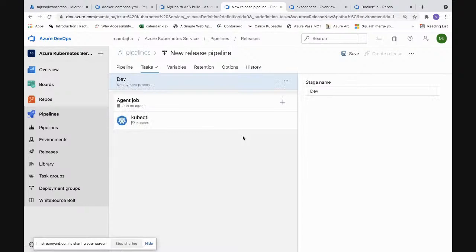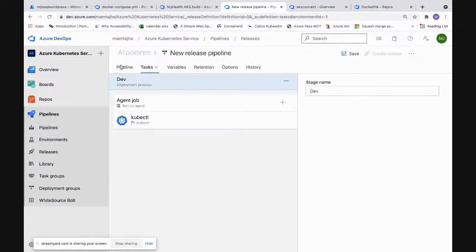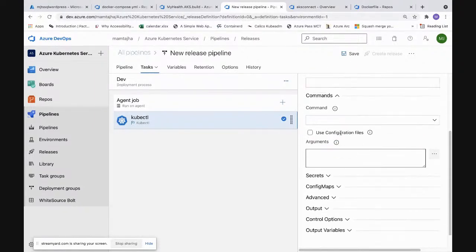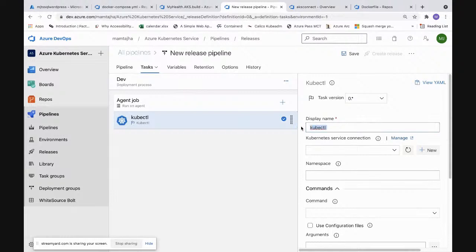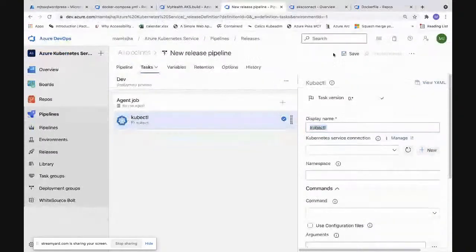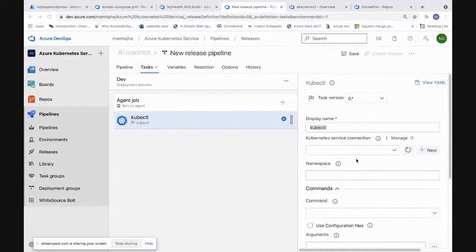Now coming to this section. So I was in the pipeline. The next tab is task. Either you can go from here or you can go from here. In this task, you can see I can edit and update a lot of stuff. Like I'm saying a name for it. I can have a name for my task. I can say my deployment task. I can have that name for it. And I can also go ahead and provide my connection name. So connection name would come into picture when we are actually using our Azure Kubernetes service.